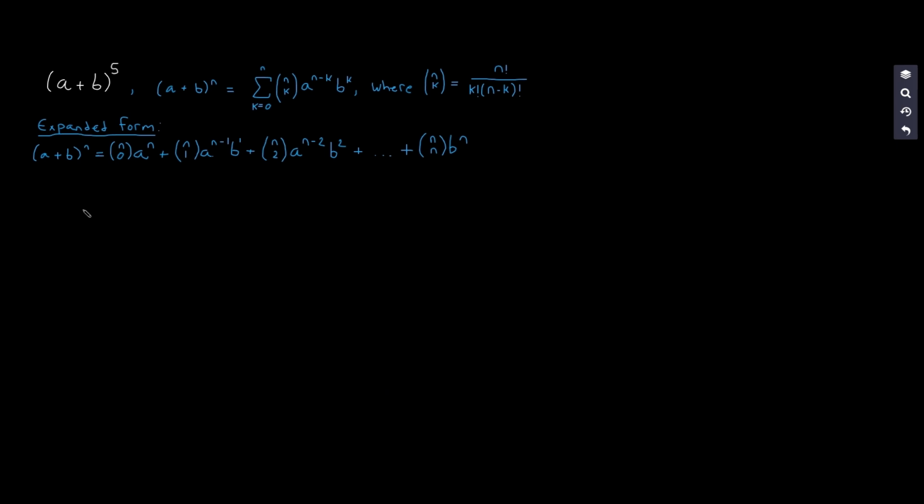Now say that we want to find a plus b quantity raised to the fifth power. Well, our sigma notation will look like this. This is the case where n equals 5. And let's just try to see what our setup is going to look like. k equals 0, but n is 5. So we'll have 5 choose 0 as the binomial coefficient for the first partial sum. Then we're going to have a raised to the power of n, which in this case is 5, minus k, which is 0 for the first partial sum, times b raised to the power of 0,